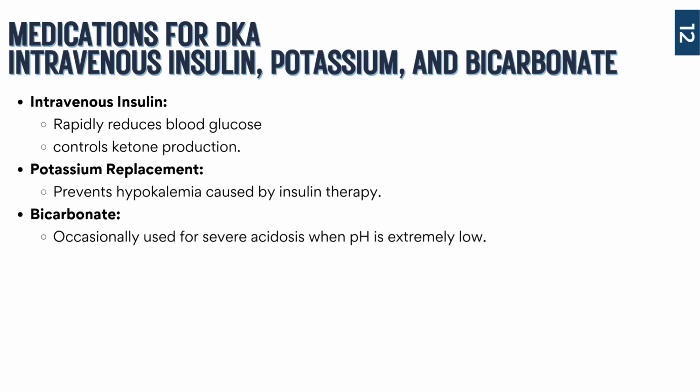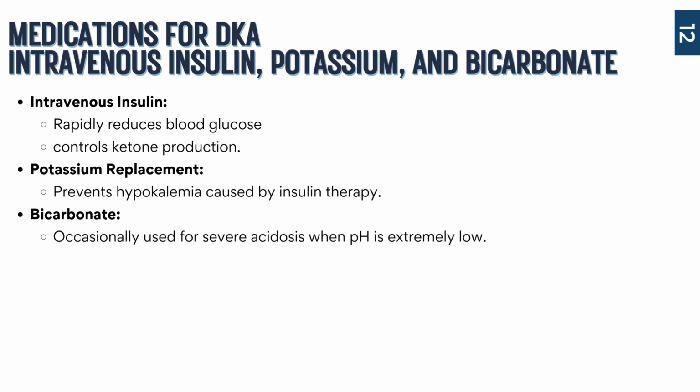Okay. So, and if that potassium does drop too low, it's going to impair cardiac function. Your heart muscle is so sensitive to that potassium level. Okay. We don't want to stop the heart and cause arrhythmias because we didn't address the potassium, knowing that the insulin is going to cause that potassium to lower. Okay. So we're going to be also checking that potassium frequently. And if necessary, we're going to give fluids with potassium in it. Okay. We can give oral potassium, but it's not fast enough. So we'll typically do fluids that have a little bit of potassium in it.